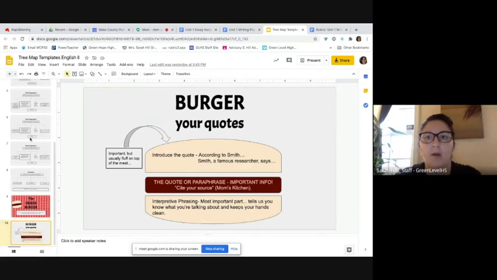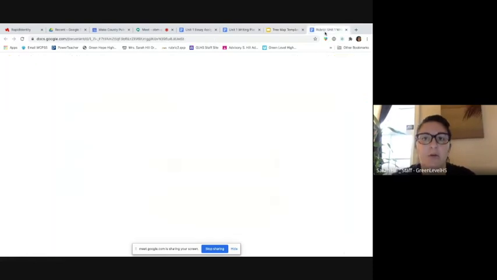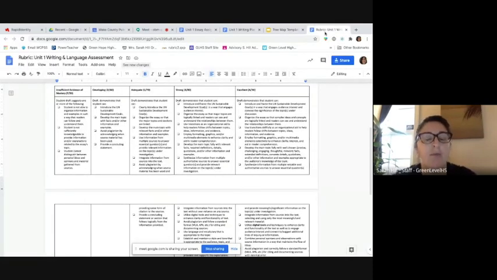All right, final part of this little presentation here, you are going to want to make sure you're looking at the rubric, because once you start writing your rough draft, taking those tree maps and all that information and putting it down on paper, you really want to make sure that you are looking at this rubric. As you look at what you have written, you're going to want to use this in order to grade yourself, right? You're going to grade yourself first. So basically what you're wanting to do is look at each of these columns. If you can check off everything in every single one of these columns, you're money.